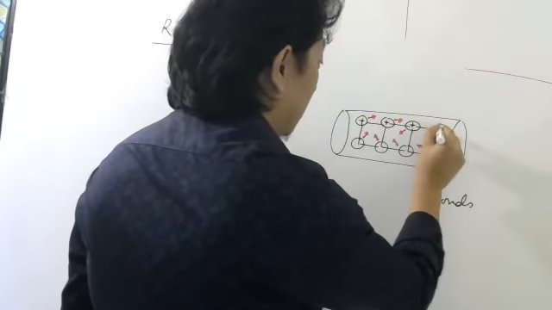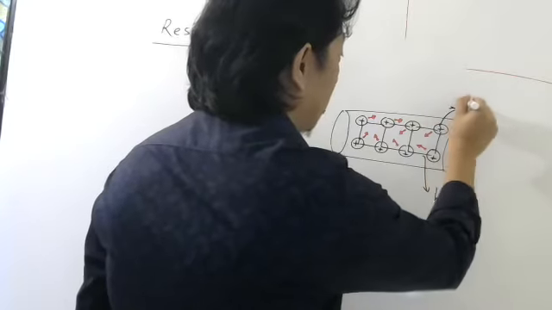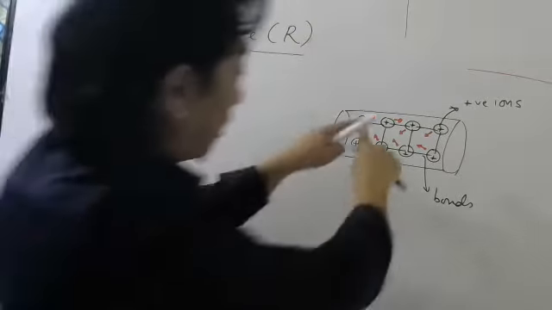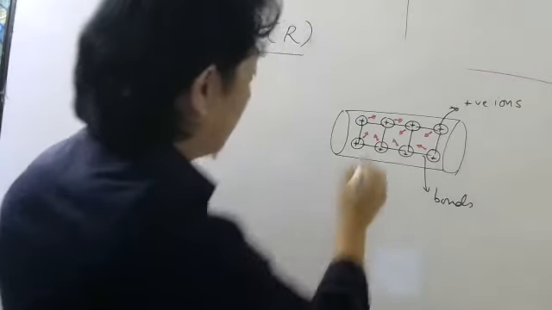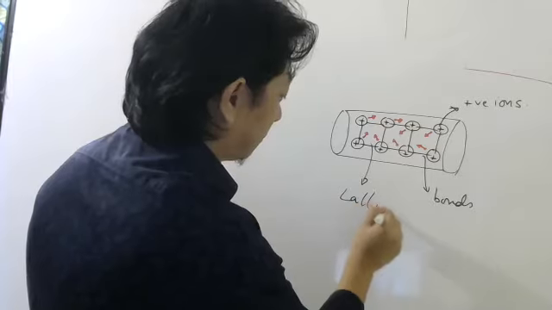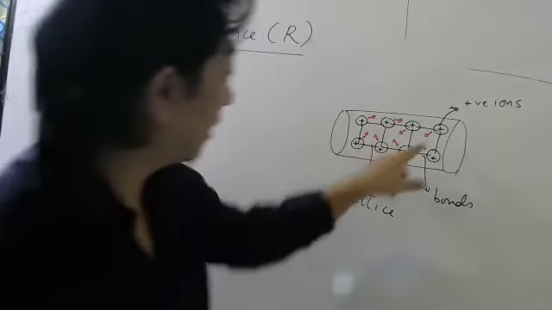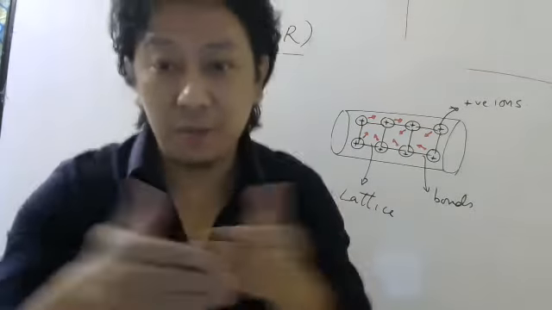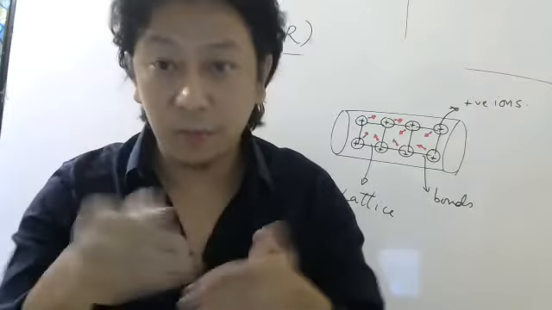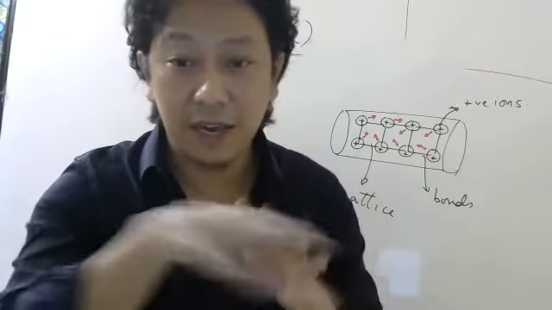So these atoms are now called ions, positive ions, and this structure that you see is called the lattice. Now these free electrons are free, so they can move inside the wire, right? Because of the surrounding temperature, they will keep colliding with each other and with these atoms, so they keep moving inside the wire.